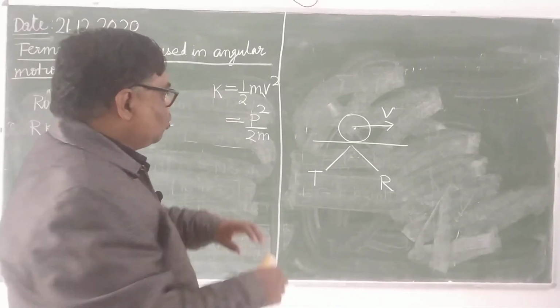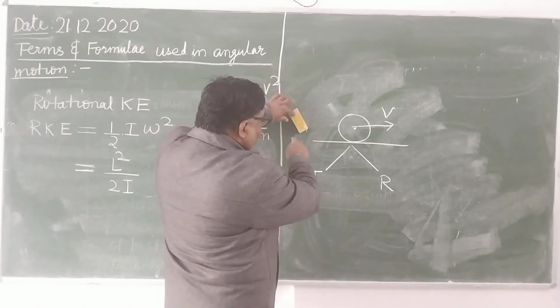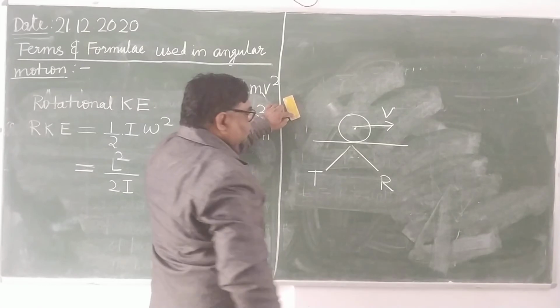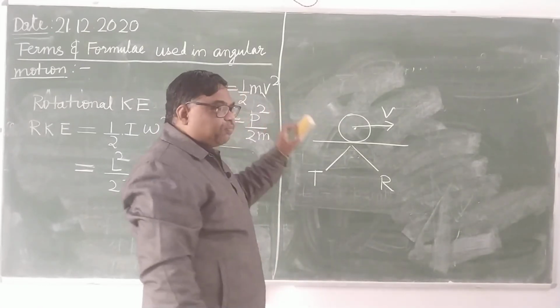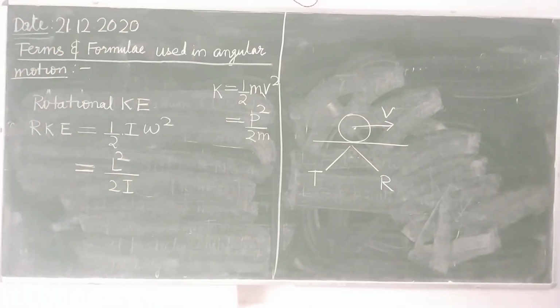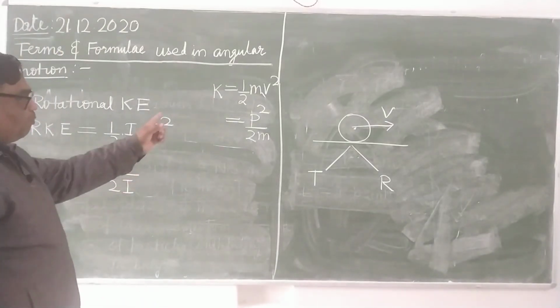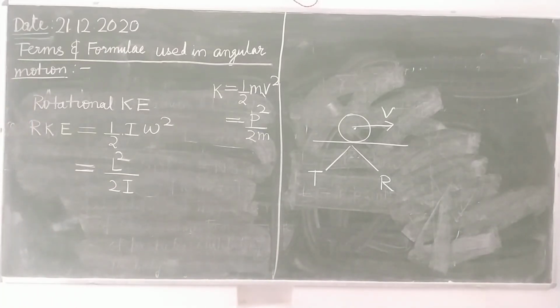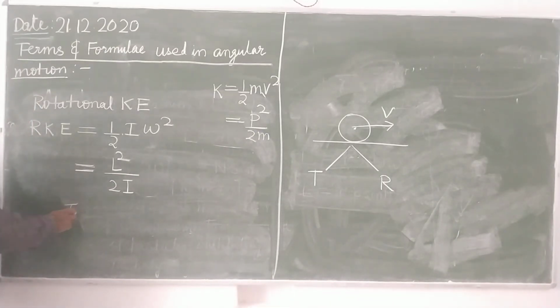When the duster is rotated about this axis, you can see here, the duster is only doing the rotational motion. It is not doing any type of translational motion. It is clear, because it is not changing its place. So if the body is having both the motions together, translational as well as rotational, then what will be the total kinetic energy of that body?